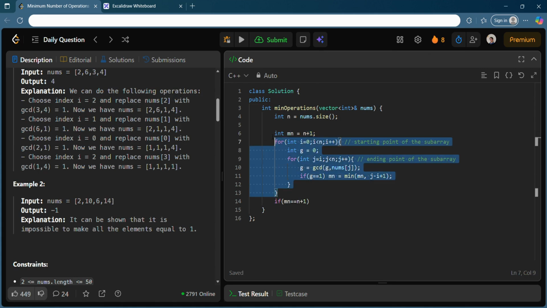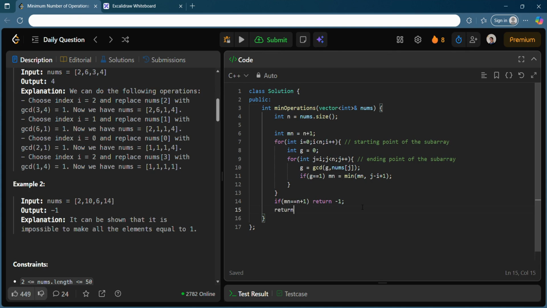Okay, so see, through all these operations, the maximum value of mn you can get is n. If it is still n plus 1, it means that it is not possible to turn all the elements to 1. So you are not getting a single one at all out of all the subarrays also. So what you can do is simply return -1. Else you can choose to return mn minus n